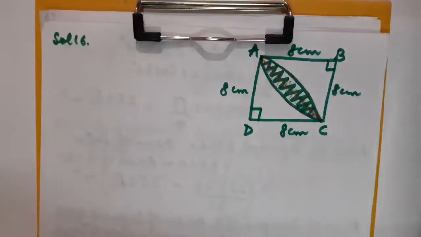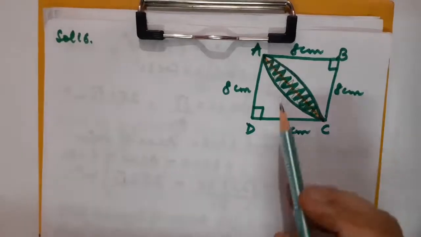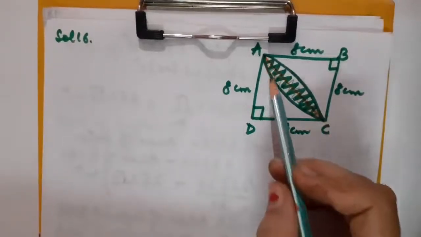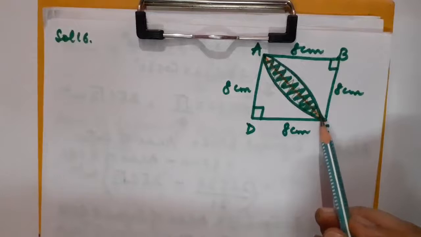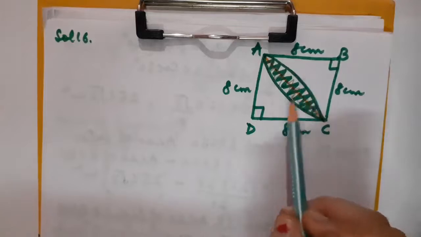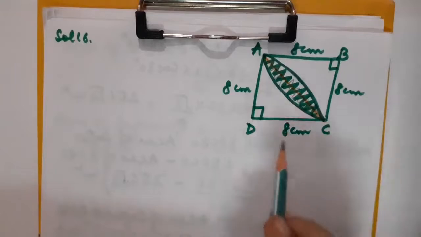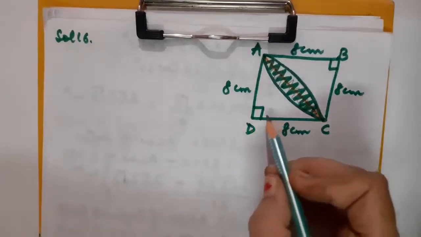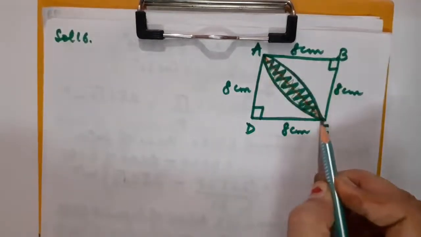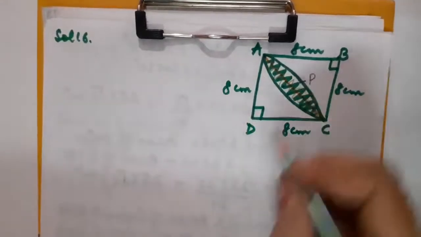So children, now I am going to switch to the last question of this chapter. Okay, that is question number 16. Here is the diagram. Just understand this diagram. First of all, there is a square given and one design is made inside that square in such a way that this design is common between two quadrants of a circle of radius 8 centimeter. Now let us understand how it is going to make a quadrant. I am going to darken it. Suppose if I say this is AD, then DC, and then I will be taking this AC part. Let it be point P.